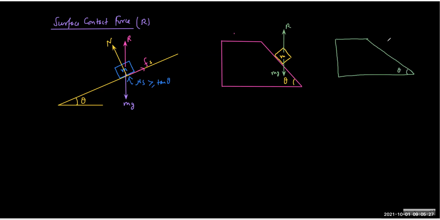So if we draw the FBD of the wedge separately, the reaction force will act here like this. The gravity of its own value will be mg, and the normal will be like this. You can name it whatever you want. And therefore,